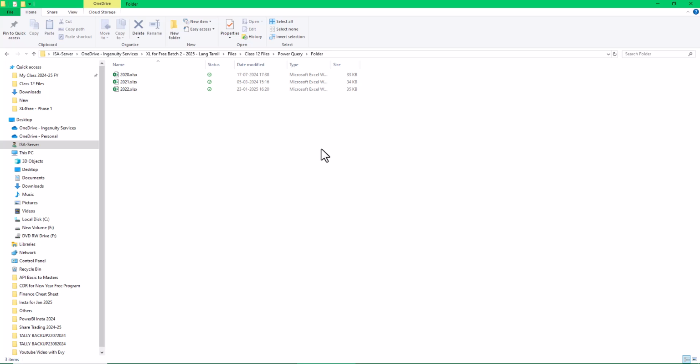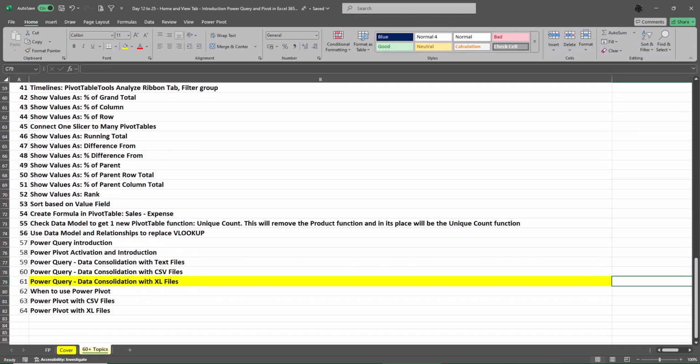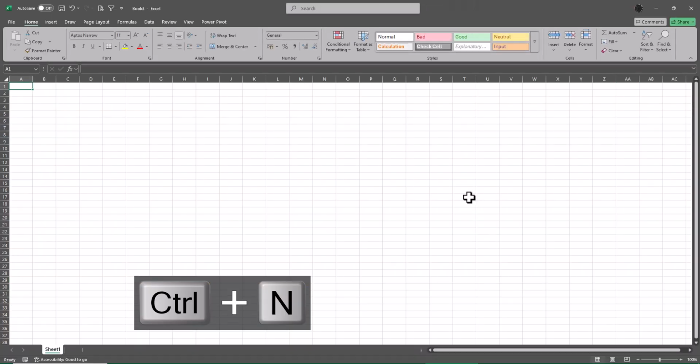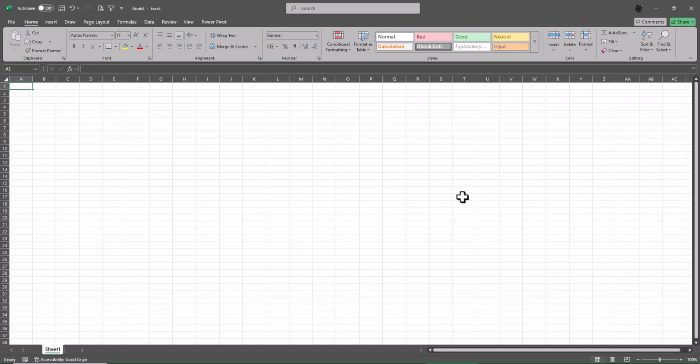There will be a slight change when we bring an Excel file into a dataset, because I cannot combine them directly like I did the previous 2 files here. Let me go back to the dataset, add a new sheet. Again, the style and the usage is going to be similar. There is that slight change that we are about to see when we are working with an Excel import into